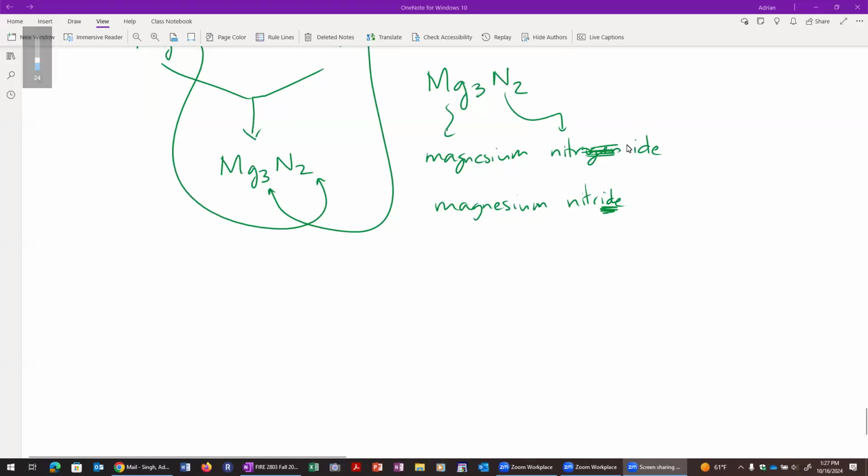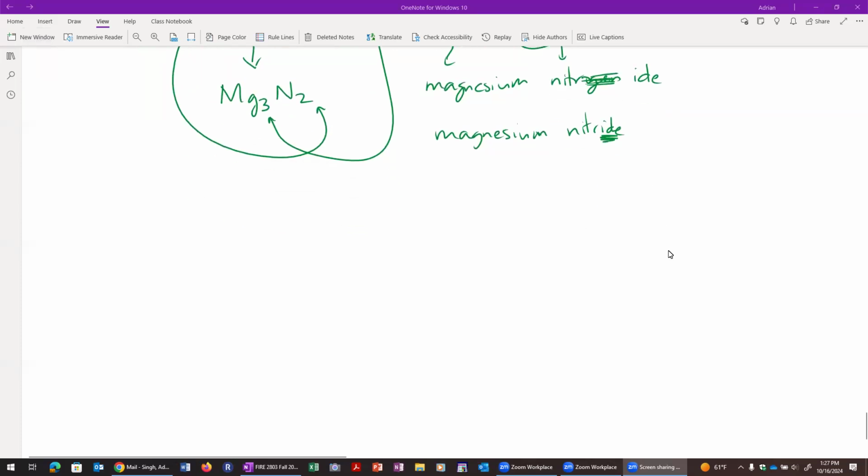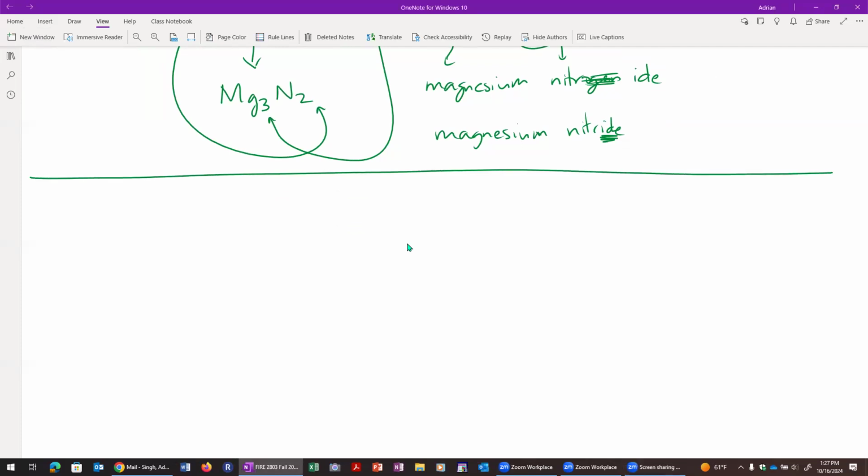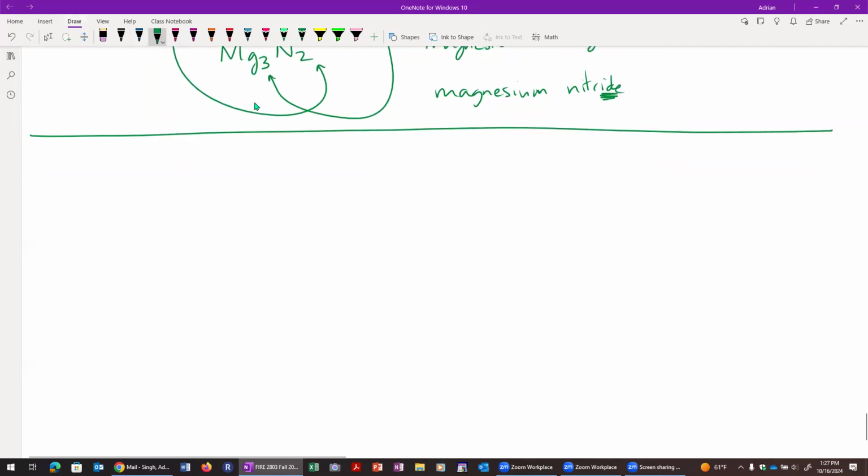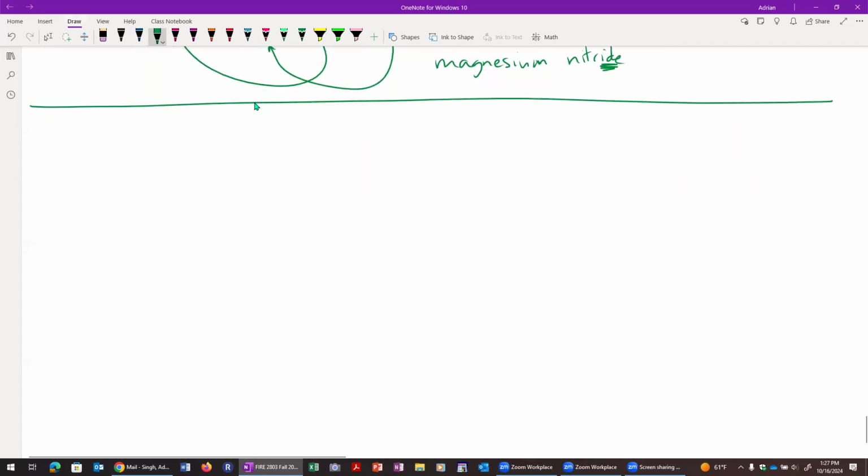Right. So we've seen how to determine or predict the charges on these monoatomic ions, how to put them together to make ionic compounds and how we name them. We're going to add one layer to this ionic compound and ionic bonding section. And that has to do with the fact that when we look at ionic compounds, often what we are going to encounter are not just these monoatomic ions, but ions that are a little bit different